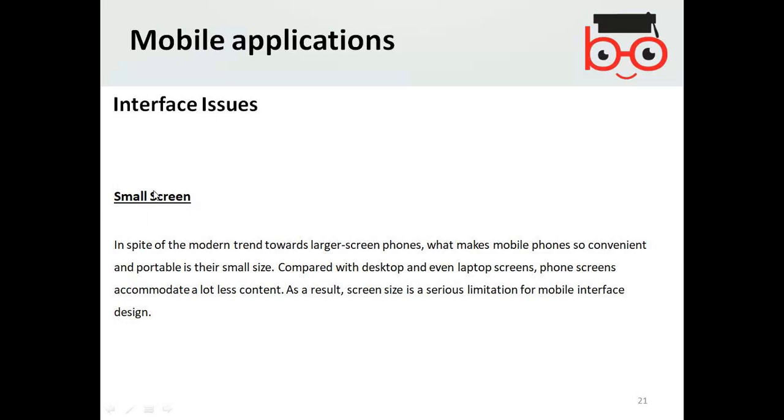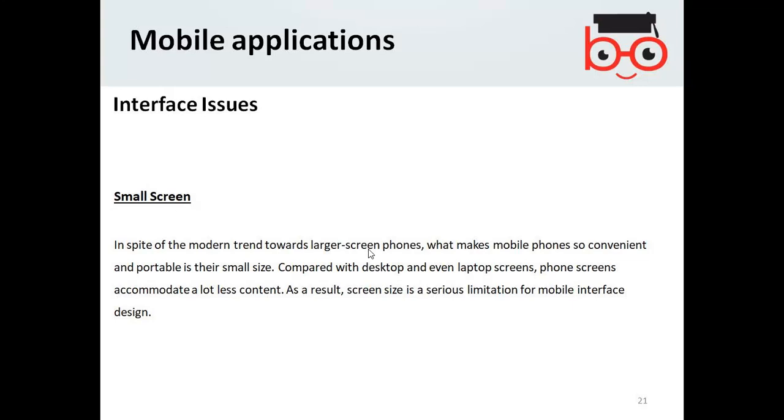Small screen: obviously, mobile apps have small screens. It really depends on how these can be made better. But nowadays even phones are coming with bigger screens, isn't it? But obviously they are difficult to afford. More or less, the latest mobiles are very expensive, like the Samsung Galaxy Note, which is about 800 pounds for the latest versions.